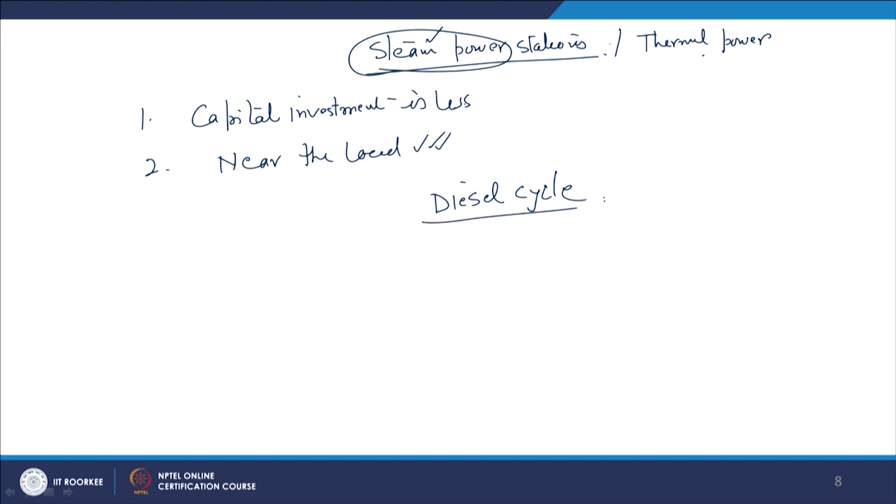First of all, their generation capacity is not very high. We cannot go for high capacity diesel power plants, and if we do, the maintenance will shoot up. So that is not desired. They are not suitable as a base load plant at all. We can go for them for the peak load. For a certain duration of time we need certain power; in that case we can go for the diesel power plant, but not as a base load power plant.